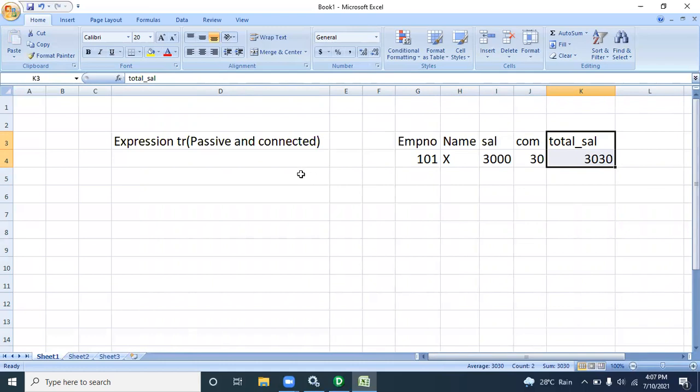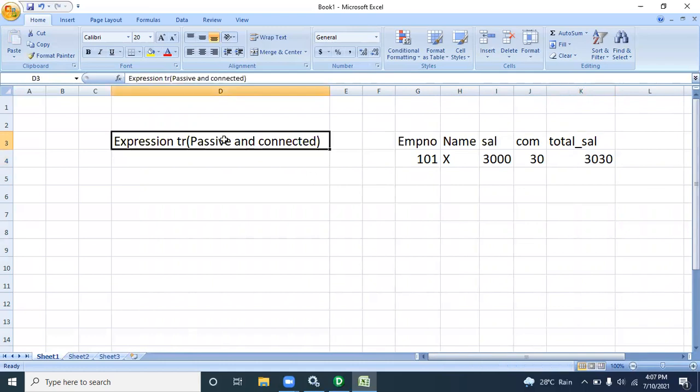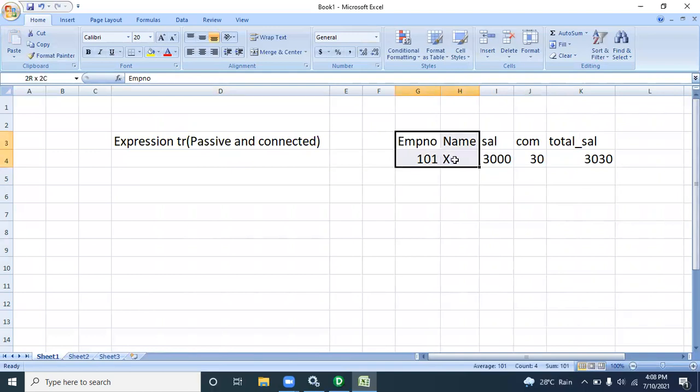For that reason, it's passive. This transformation does not have the capability to change the number of records, or the record number. Those types of functionality we cannot implement using expression transformation. For that reason, it's passive.